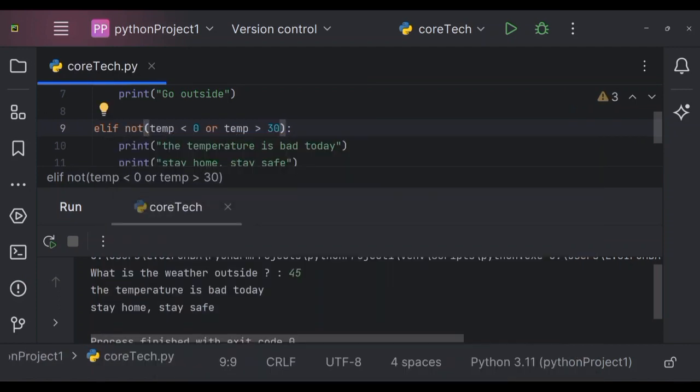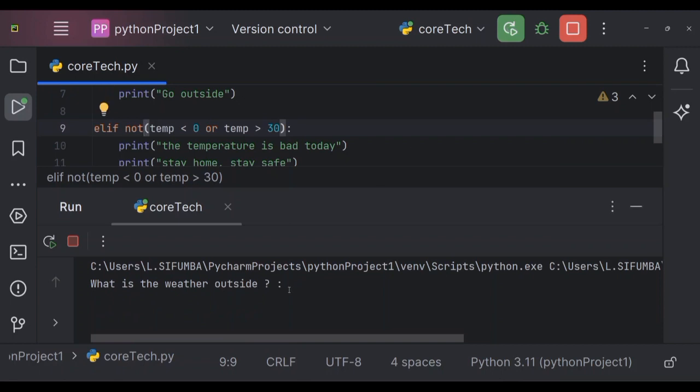Now these roles are going to be reversed. So let us try this again. So let us run. What is the temperature? Temperature is -20,